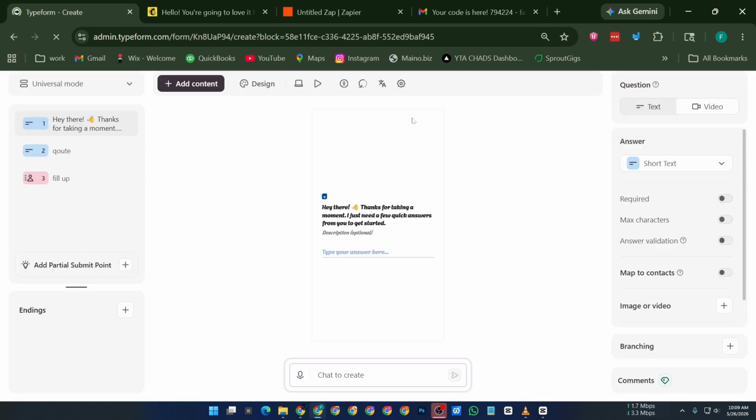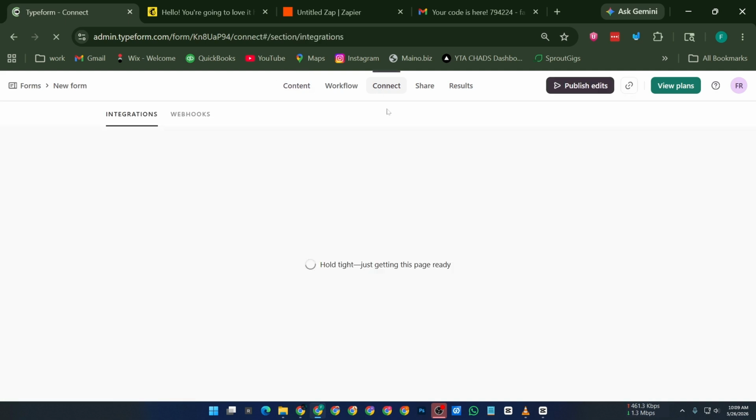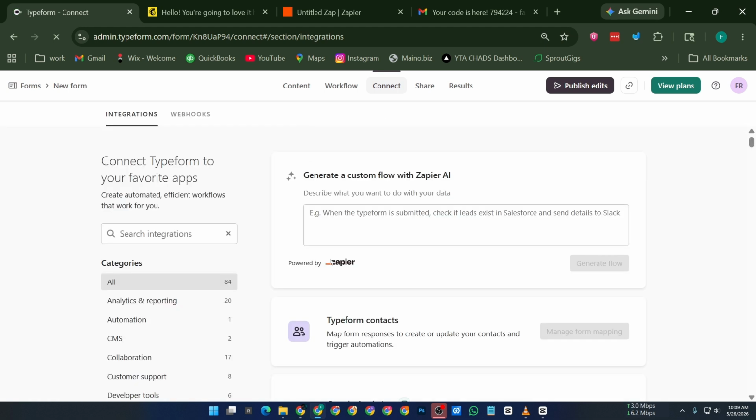Once connected, choose the Mailchimp audience or email list where you want your form responses to be added. Next, map your form fields. For example, connect the Typeform email field to the Mailchimp email field, and do the same for names or other